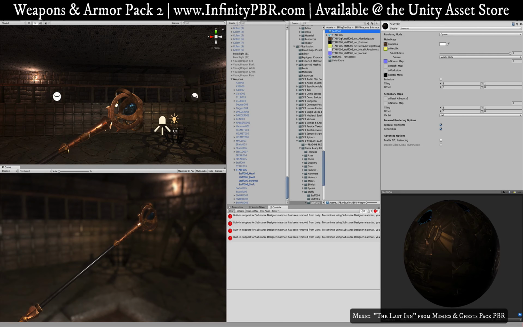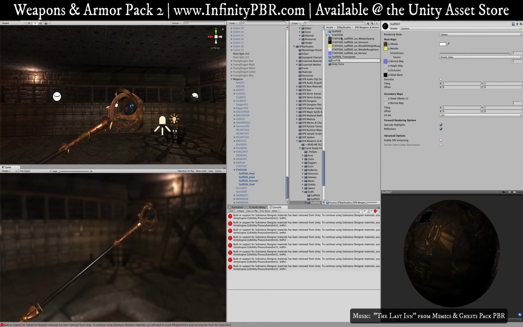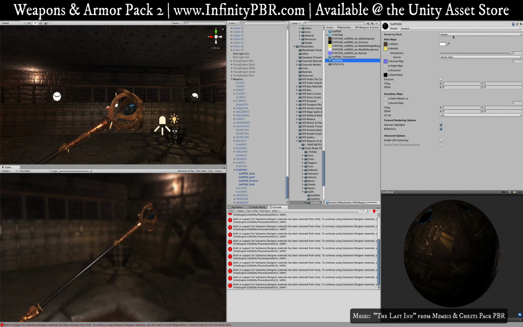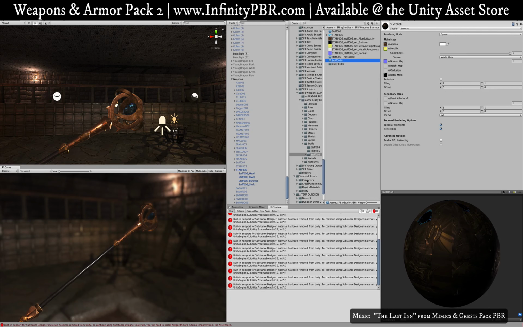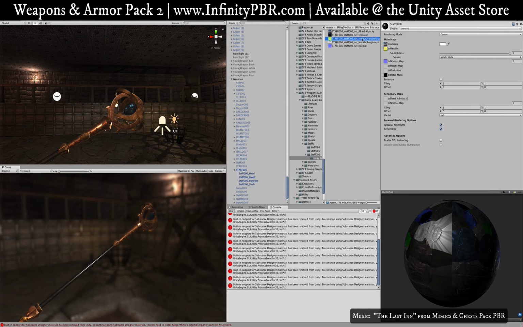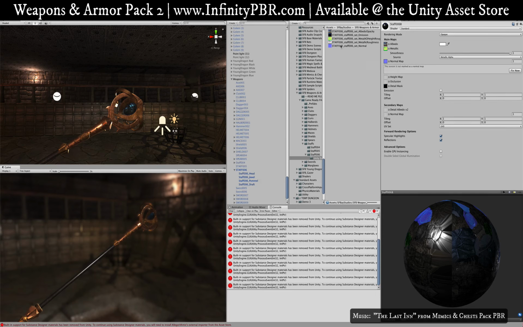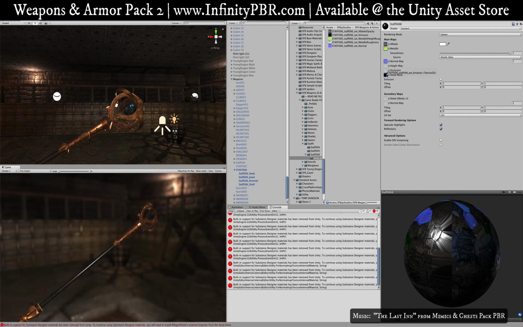And now I'm going to make a duplicate of this material. Then I'm going to open up my extras and bring these in here. I'm going to use the HDRP map, normal map, and then fix that. And make sure I put the emission on there as well. Alright, and then